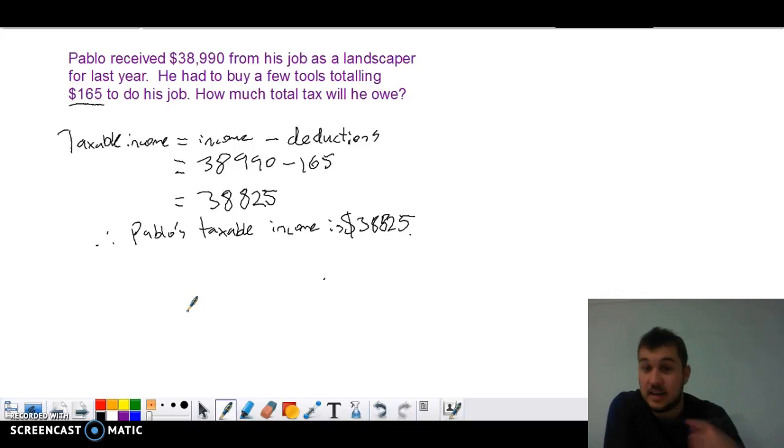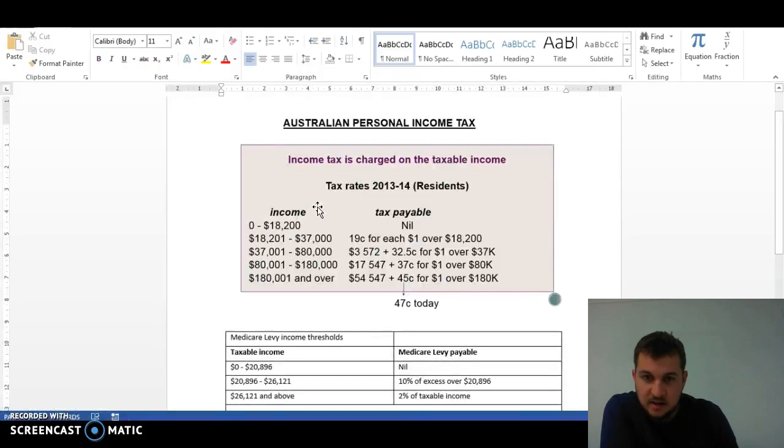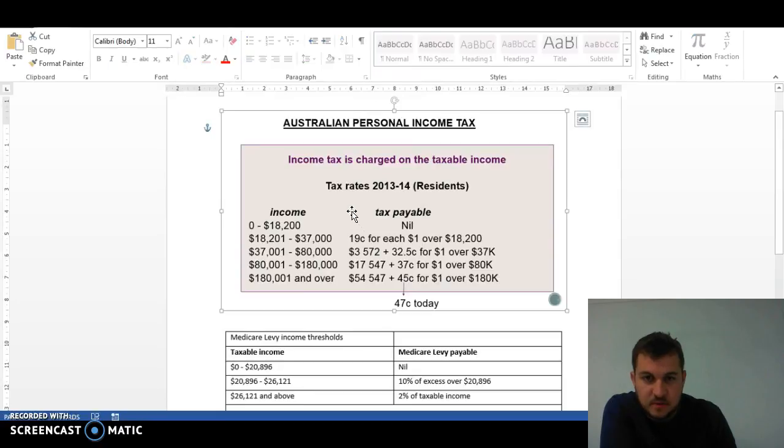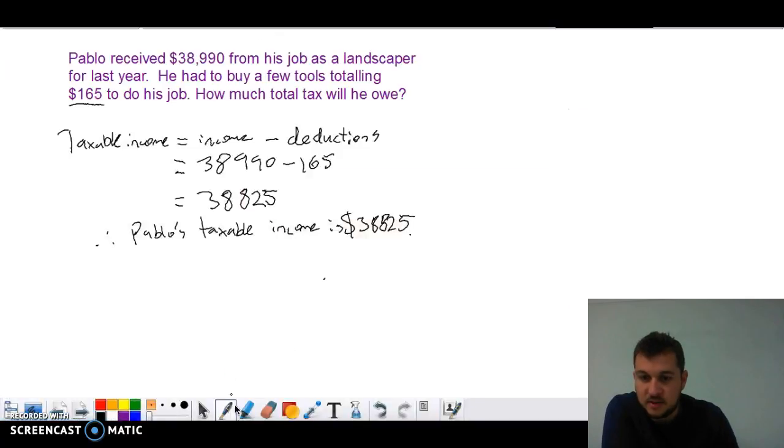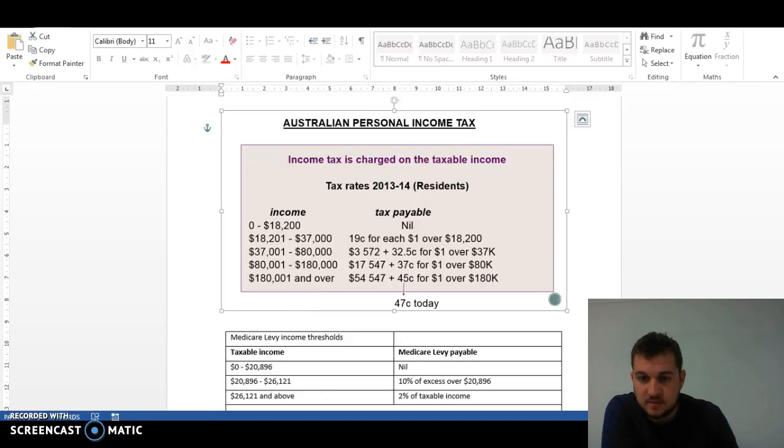We're going to work out his income tax, which is the tax that's charged on his income by the government, and that's found here. First off, we need to go 38,825, which is in this tax bracket. So we write down this tax bracket, and it's going to set the foundation for our working out. So income tax equals, now the first part's a flat fee, $3,572